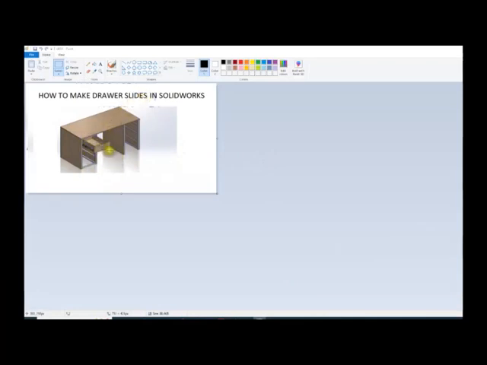My last video was about how to make these slides in Solidworks, just so you can use it for drawers, like shown here. But I had a problem before doing that. This is a Weldment, and this is galvanized steel, and the problem with galvanized steel is that not many profiles are available in your